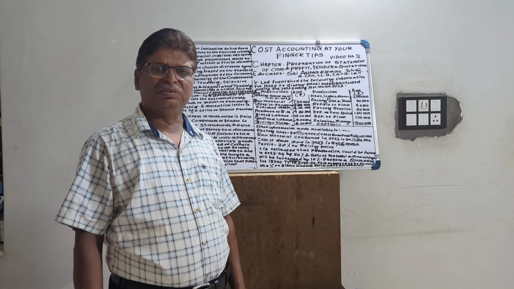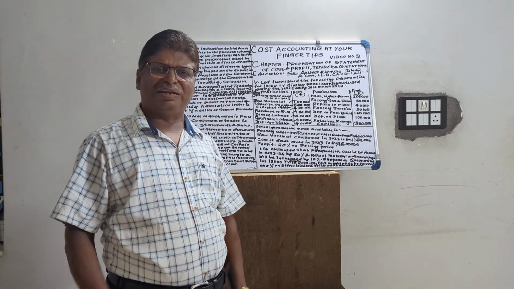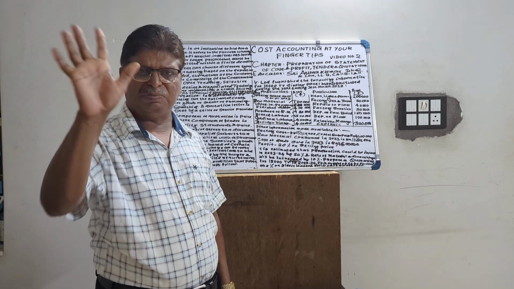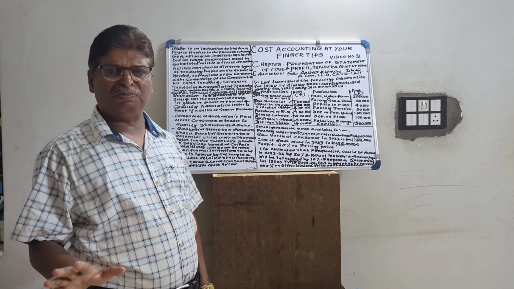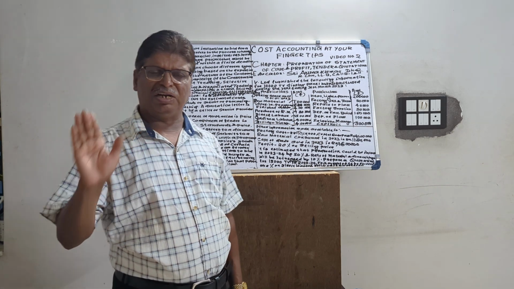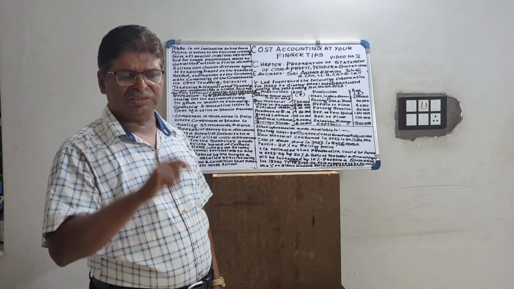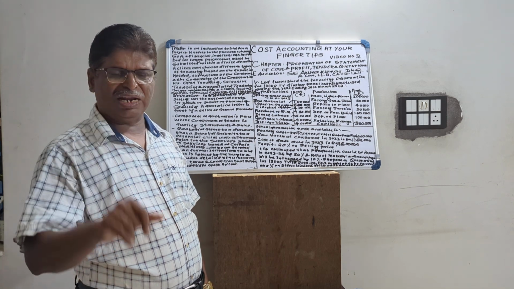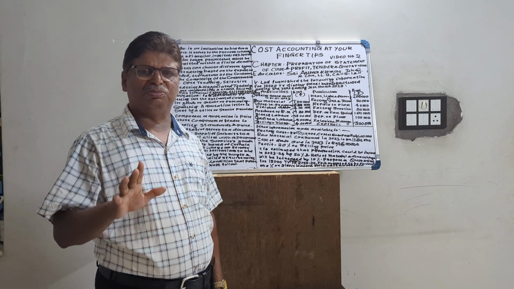So first, prime cost. It includes raw material consumed. For calculation of raw material consumed, we have to take into consideration opening stock of raw material, add purchase of raw material, less closing stock of raw material. We will get raw material consumed. Then plus direct labor or wage. Then plus direct expenses. The sum total of three, direct labor, direct expenses and raw material consumed, will give us